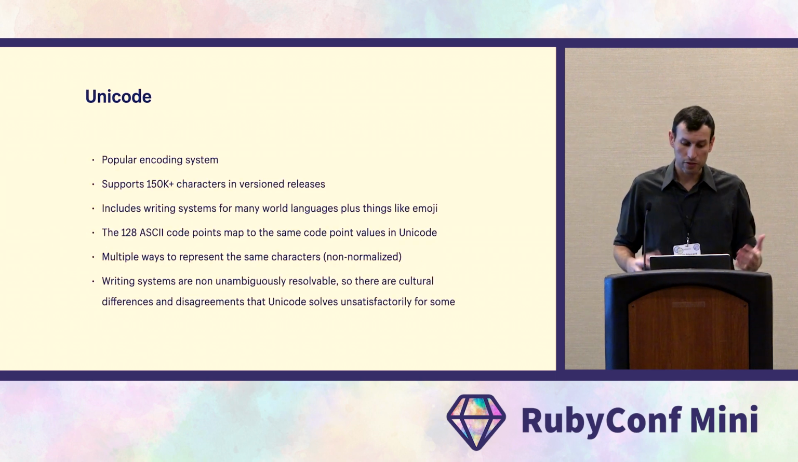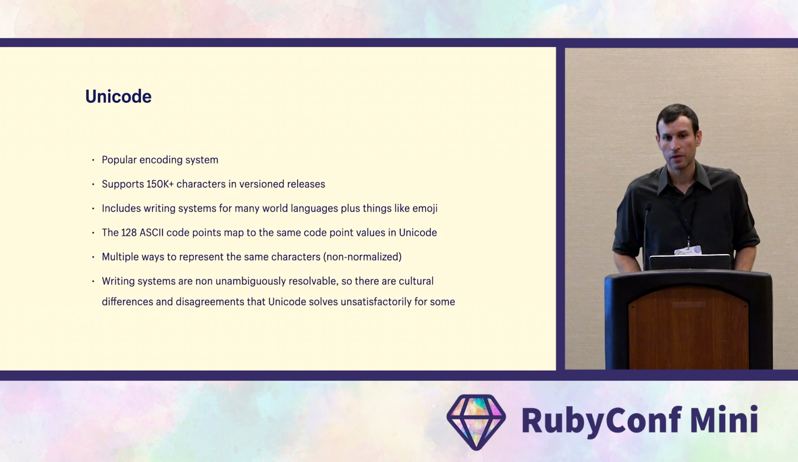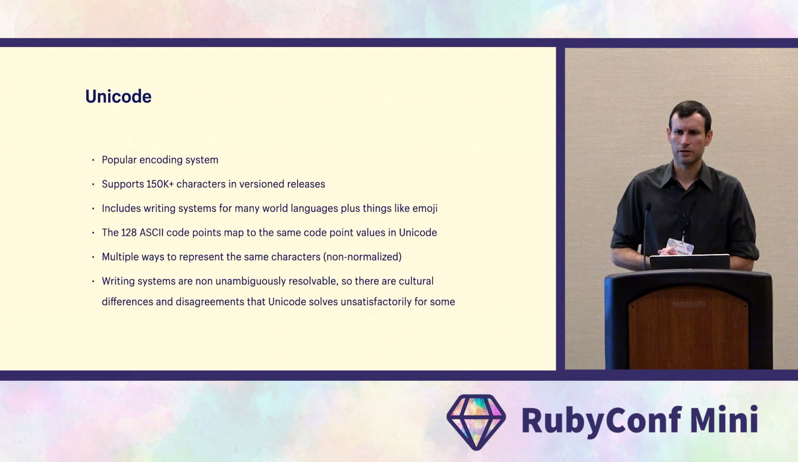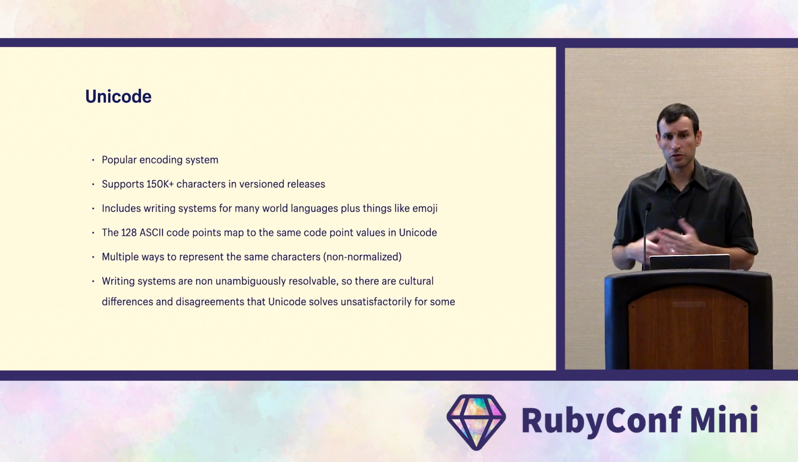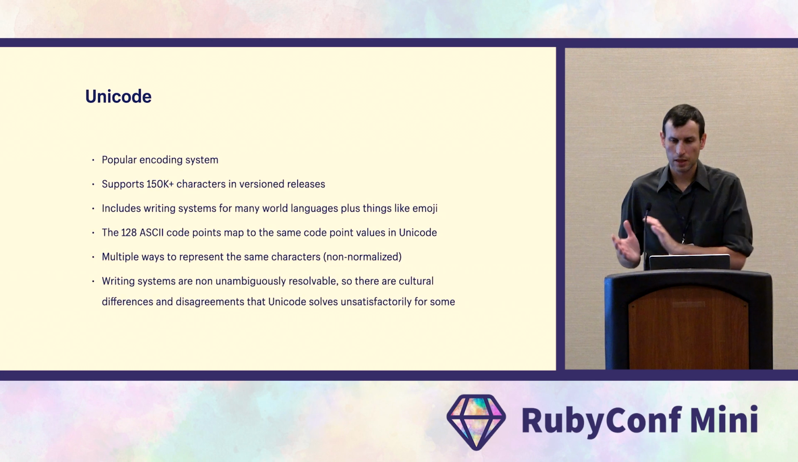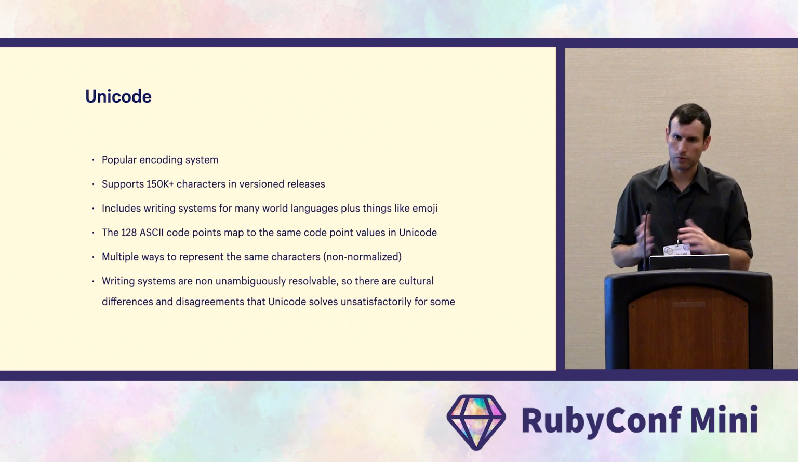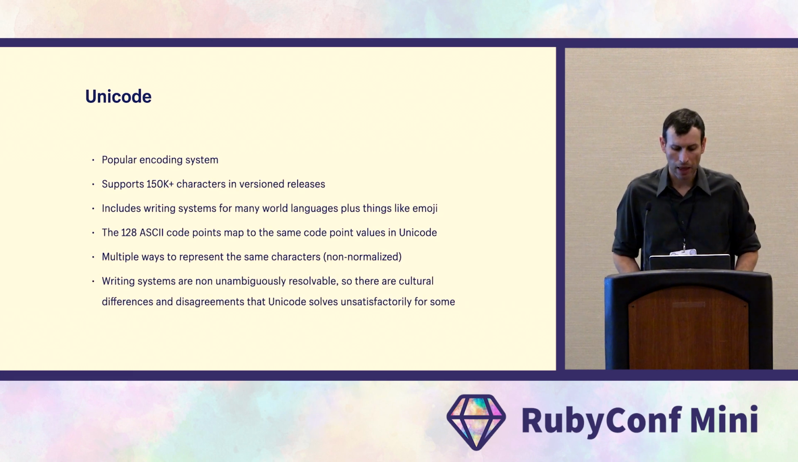If you're not familiar with it, Unicode is probably the most popular encoding system in use today. There's a big standards body for it. Unicode creates these version releases. It currently supports 150,000 different characters, includes writing systems for all sorts of world languages. It has even new control characters that allow you to flip the reading direction of text and things like that,